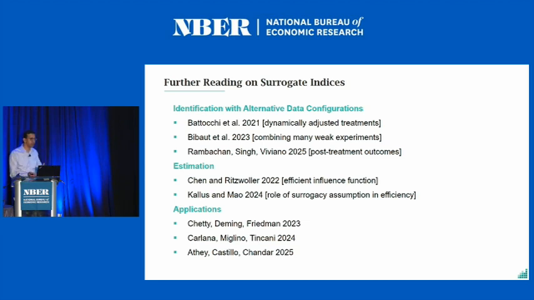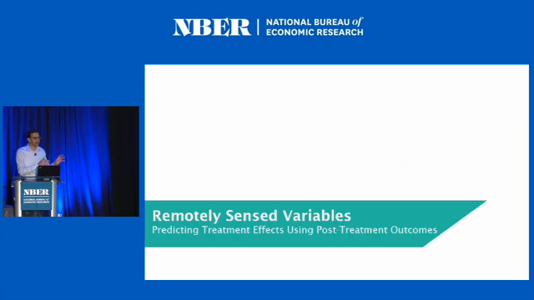I'm going to focus on one of these cases, the Rambachan, Singh, and Viviano paper that was presented this morning, which is a different data configuration, a post-treatment outcome, both because I think it's a very interesting paper that is also very relevant for applied work, and it's also a very useful contrast relative to the data setup that I've just talked about in the context of surrogates that illustrates why thinking carefully about the causal graph in your application is extremely valuable. So this is the case of remotely sensed variables where we're predicting treatment effects using post-treatment outcomes